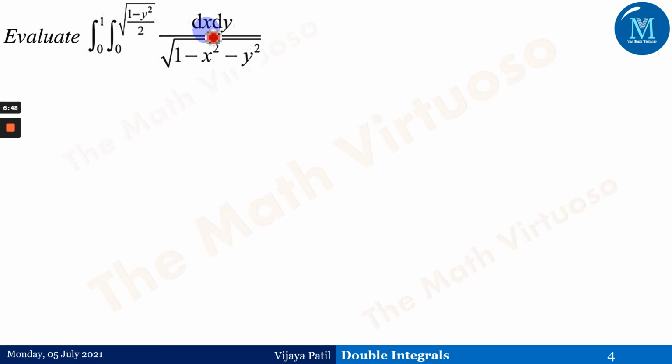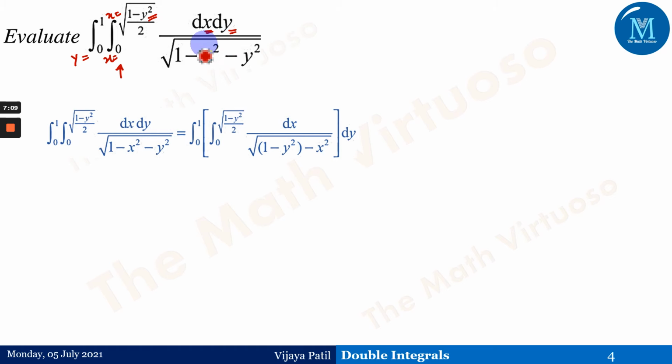So again, the variables are x and y. These are the two variables. Look at the first inner integral. In the inner integral, the variable y is explicitly seen over here in these limits. And therefore, this particular limit is for x. If the inner integral is for x, obviously the outer integral is for y, and we'll be dealing with the inner integral first. That is, we'll be dealing with this type of approach over here. So now in this case, whenever we are dealing with respect to x, at that time we'll be clubbing this. So 1 minus y squared, we can club as one of the constants. So we can easily deal with that.